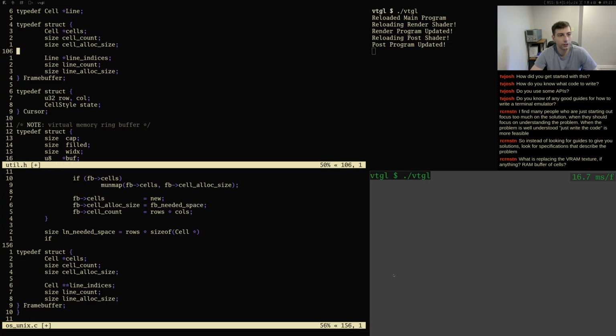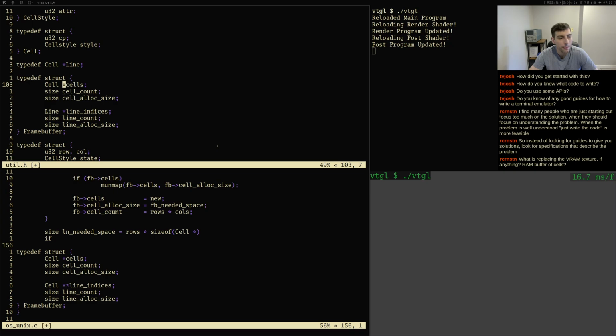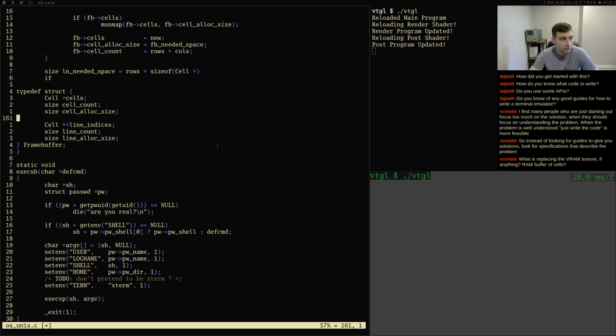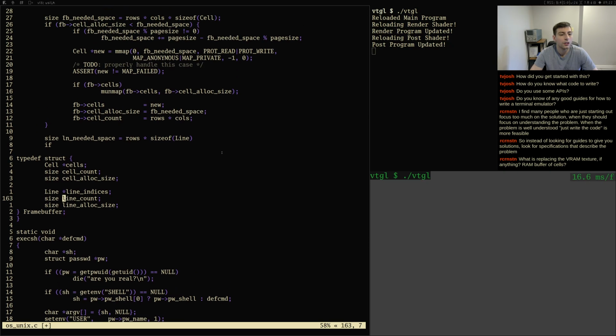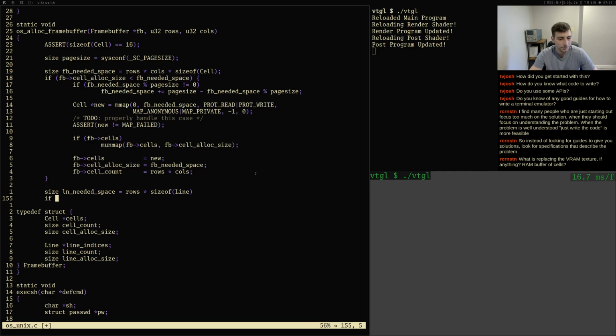Be a line pointer to lines. Okay, so if FB to line alloc size